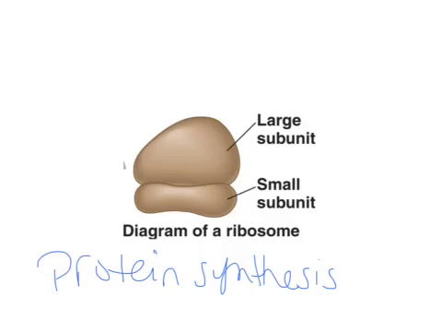The ribosome has two subunits, a large and a small, that are separate from one another until the messenger RNA enters the cytoplasm, and then those two will join together around the